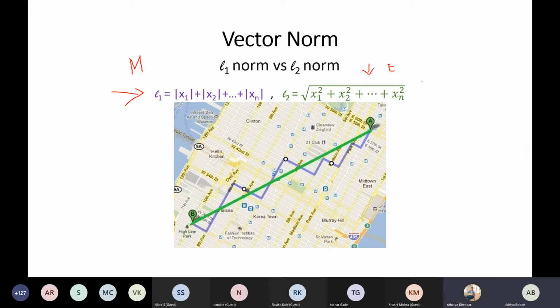Anshuman, the concept of norm just says that you have to use the norm for calculating distance. When you have to calculate the distance, you use the norm. There are two main types of norm, the L1 norm and the L2 norm. You won't be using the max norm as much, but you have to remember what the L1 norm and L2 norm are. The L1 norm is the modulus of your values and the L2 norm is the square root of x1 square plus x2 square till xn square, just for measuring the distance. Just understand the concept of norm.